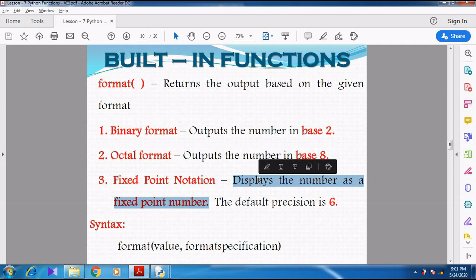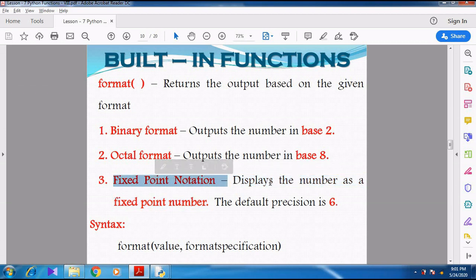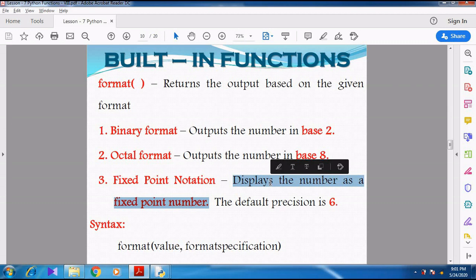We can say floating point number too, because in 15.437, 15 is a whole number, then the decimal point, and 0.437 is the fractional part. So that is what they are calling fixed point notation. Fixed point notation means the number will be displayed in the fixed point manner. Fixed point means decimal point with the fractional part.